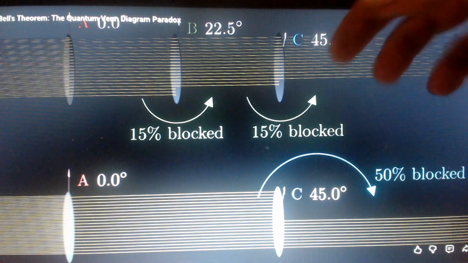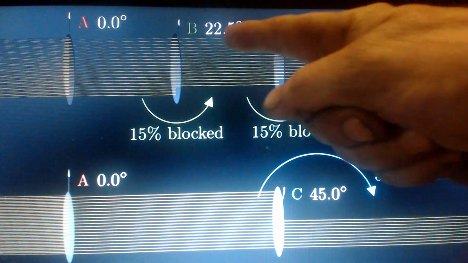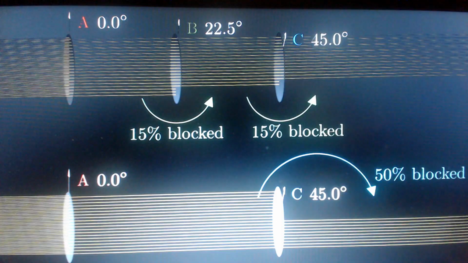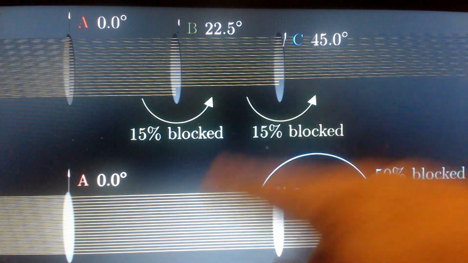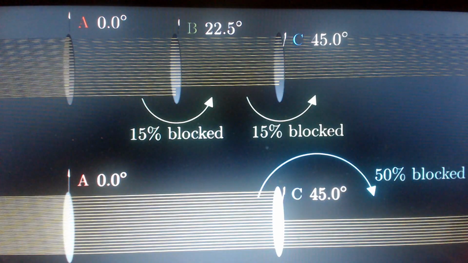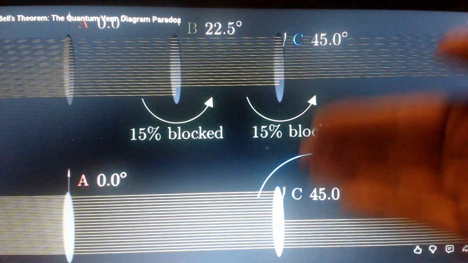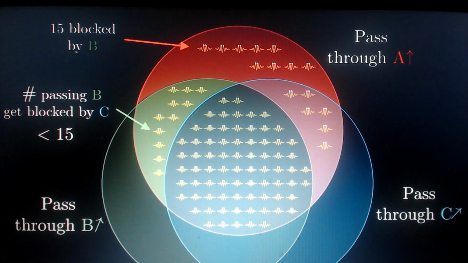You're confused why, when light comes into this 45 degree angle filter, light that's only 22.5 degrees different has more light coming through than this one that has a differential of 45 degrees from the light coming in. And you're confused why. Really? And keep in mind, this is exactly how antennas work, with the percentages and the ratios and etc. Nobody bats an eye. So let's take a look back at our Venn diagram.